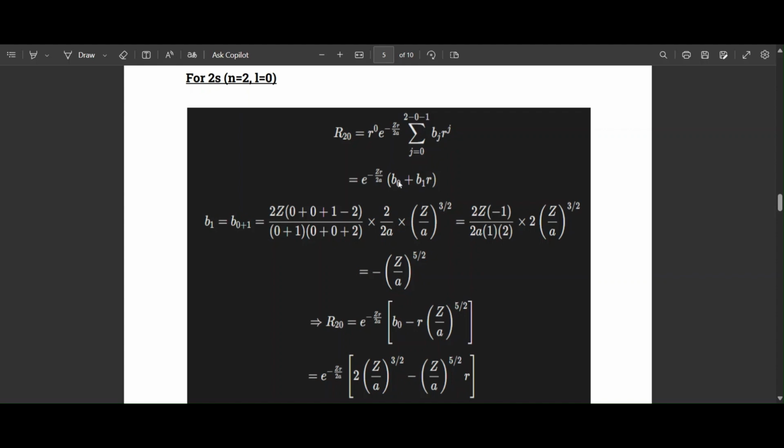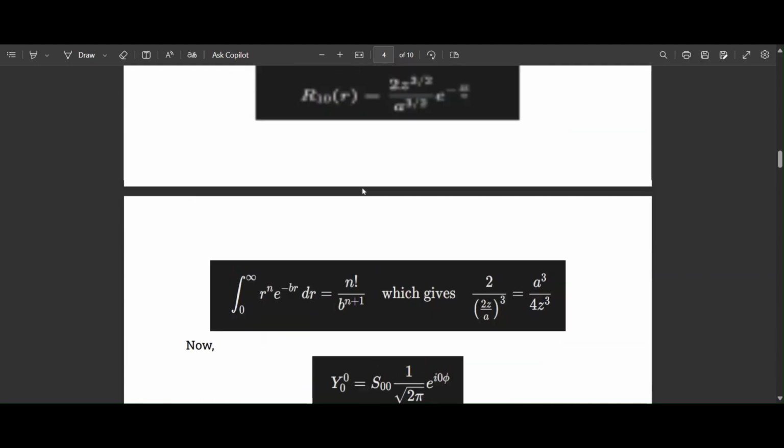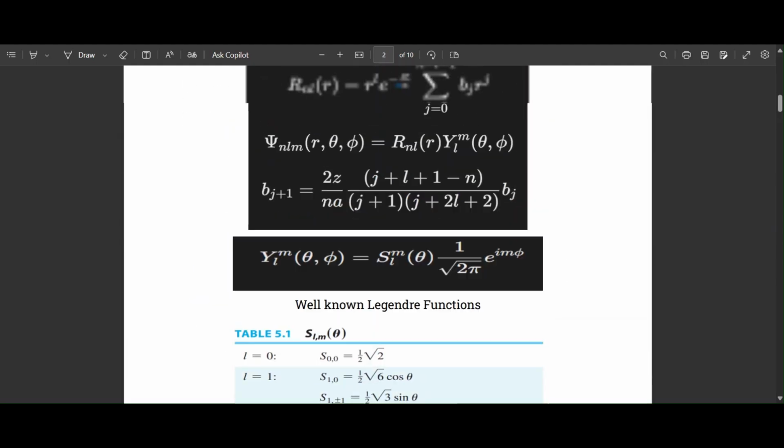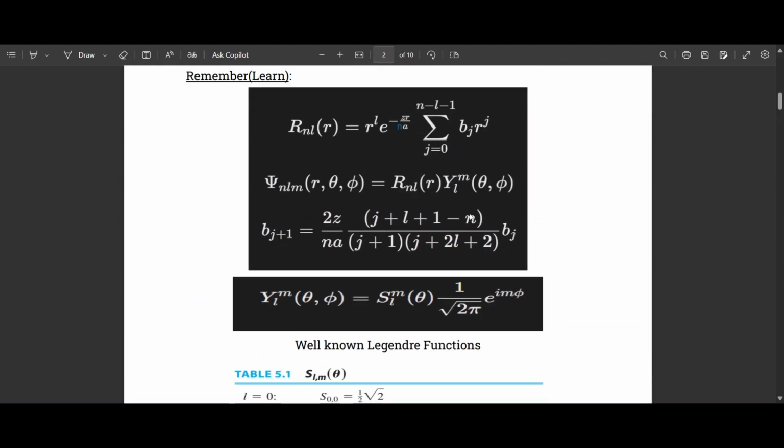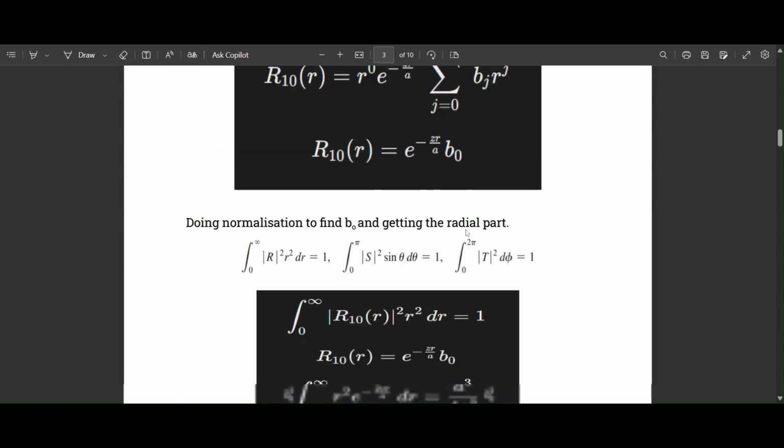Now you know that we know the value of b0, right? But we need to calculate b1. How will you do that? b1 is equal to b0 times something. Now this is your j, like b_{j+1} is equal to this formula times b_j. So in case you have to calculate b1, to make this term 1, you have to put j equal to 0. So b0 here, now the value of j is 0, l is known, n is known, we can calculate b1. Okay,